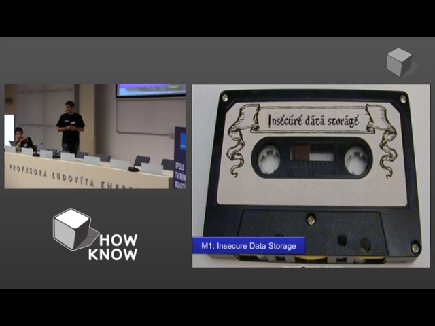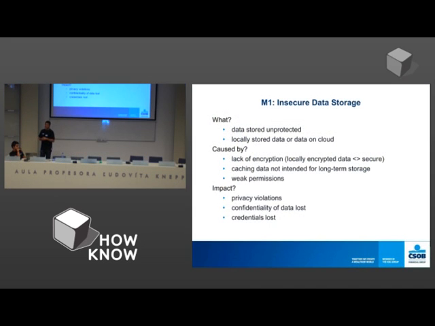I hope you guys still recognize this. I was a bit in doubt, so I'm a bit older. That thing, you could really not trust it. So what is insecure data storage? When do we have this problem? When we store data somewhere in an unprotected way. On your local device, on an SD card, on the cloud. You would really be surprised where some mobile applications store the data.